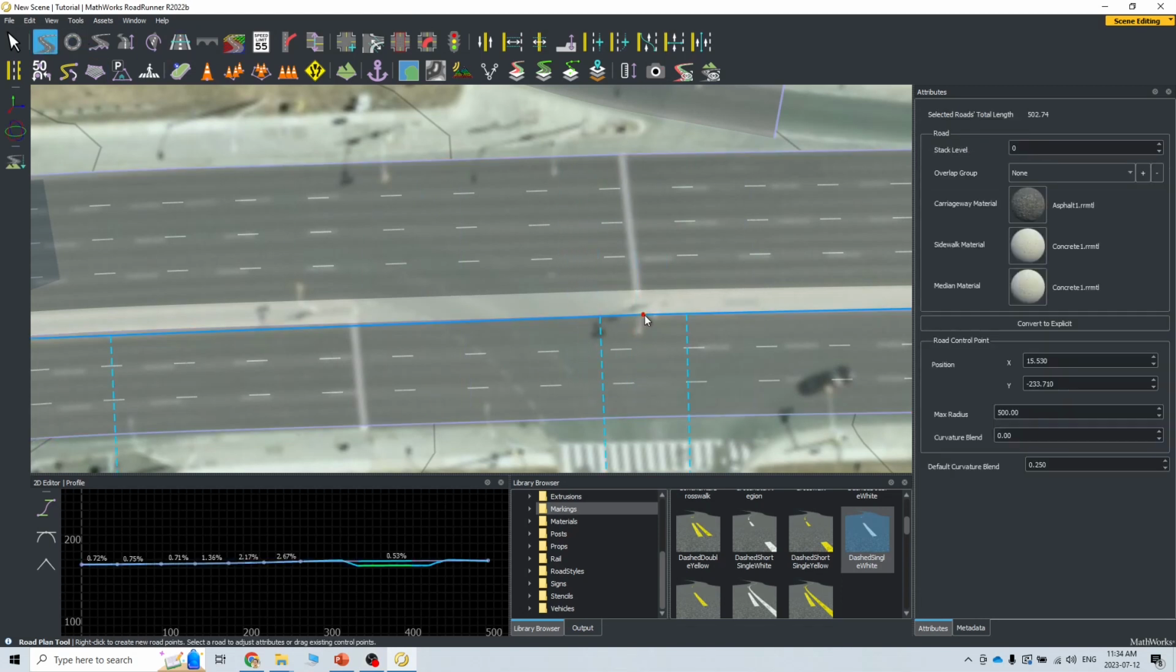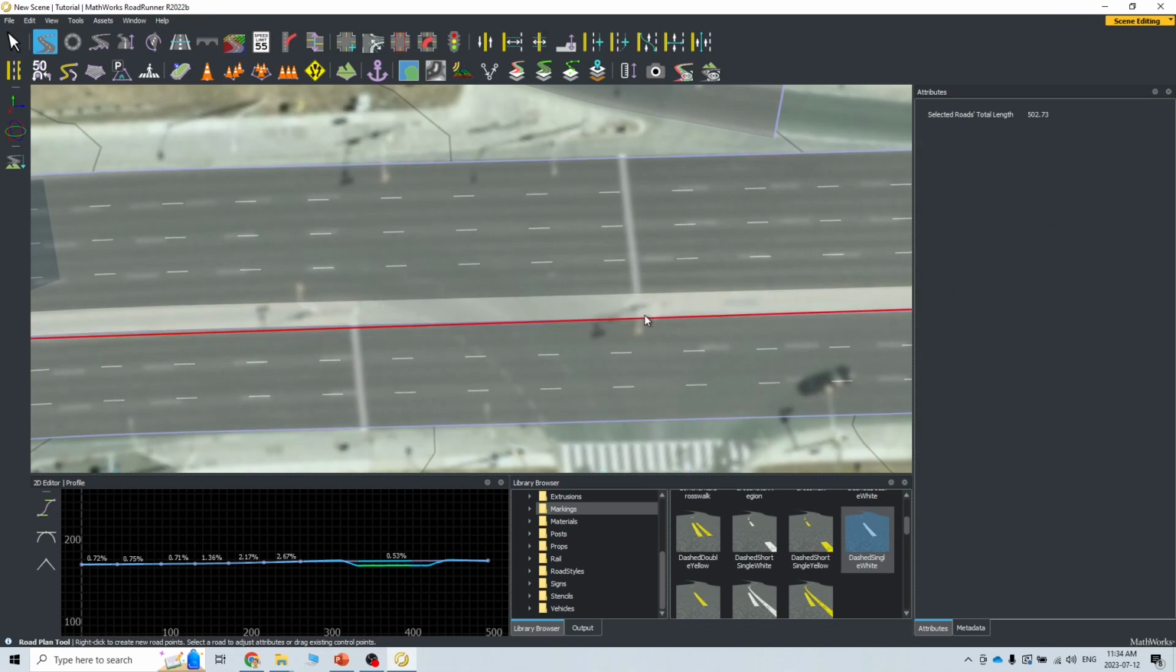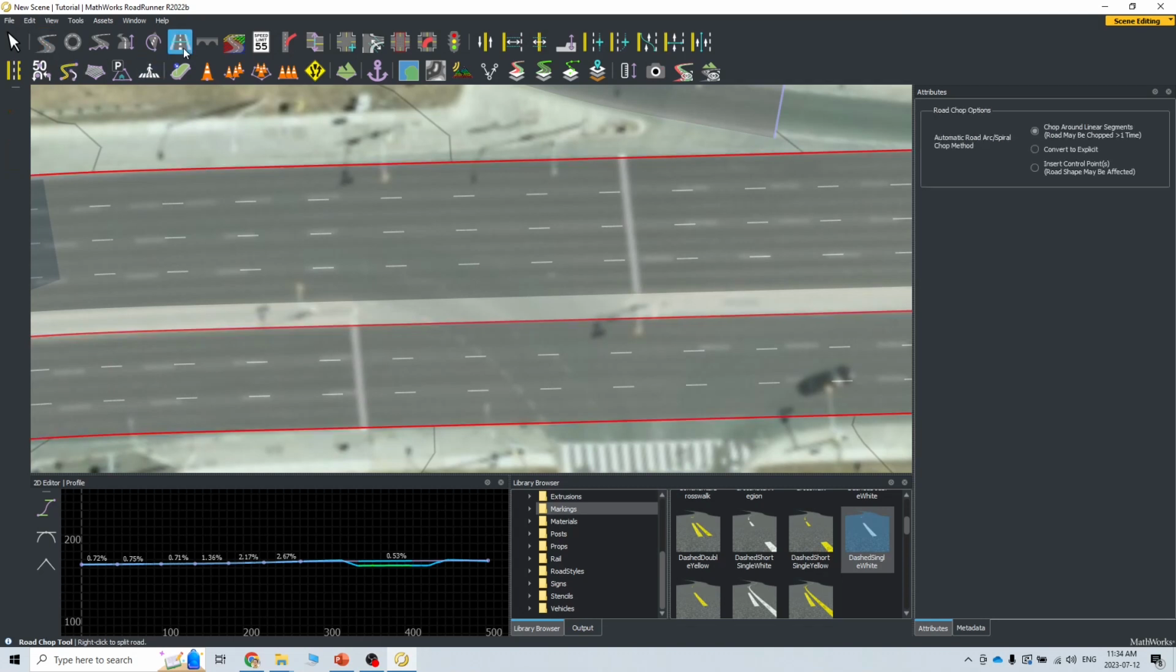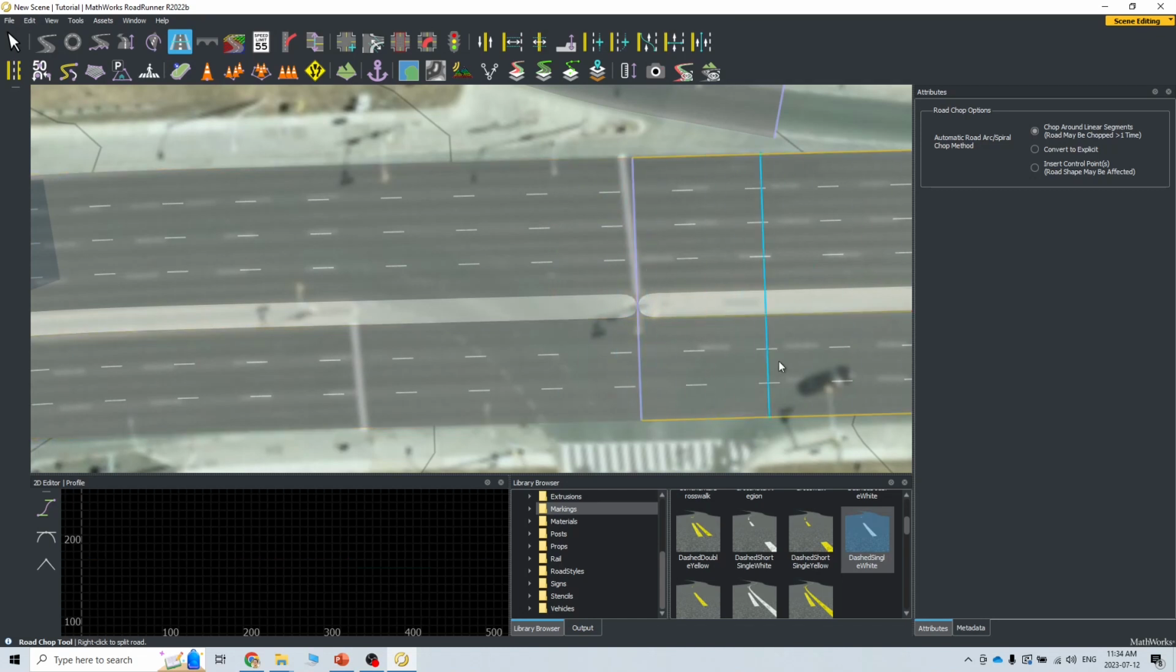Here there is a point, right? So this point, just delete it for now. Then go to the road chop, and it's almost here, right? And now if you see, it's separated into two points. So yeah, there are always some workarounds. And here again,